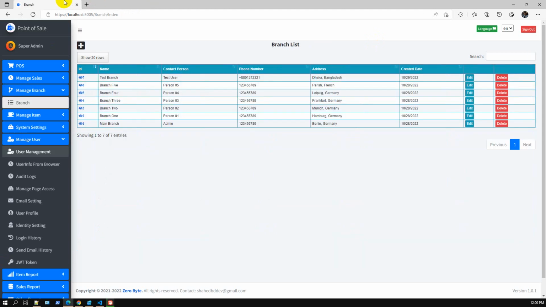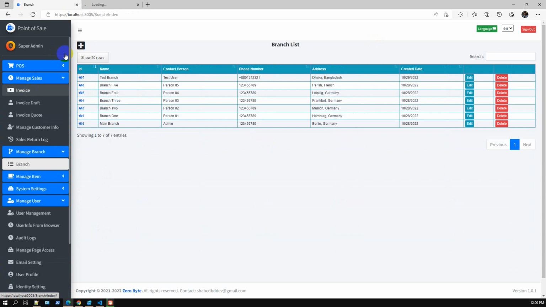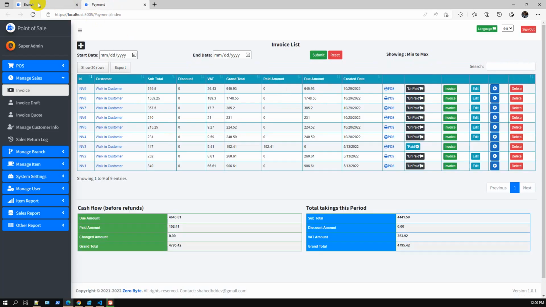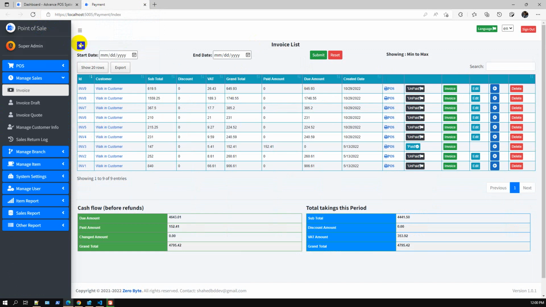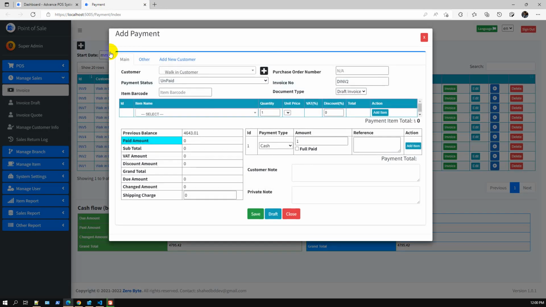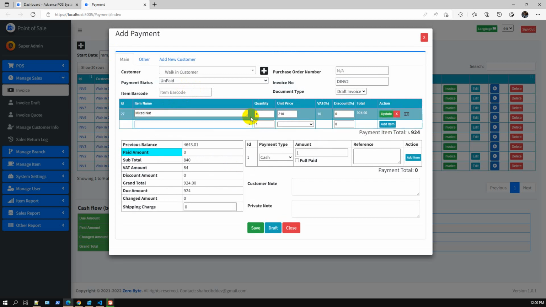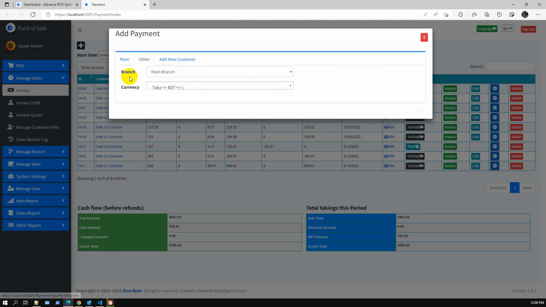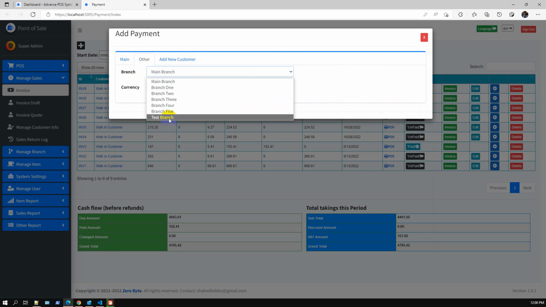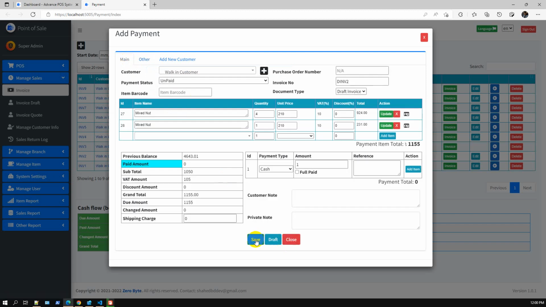So if we create a new invoice, in manage sales, in the invoice section, if we create a new invoice like test, you can add any test item, add item. So in the other tab there is a branch. Currently the default branch is the main branch. You can change the default main branch to another branch based on your setup. So if we save this invoice,